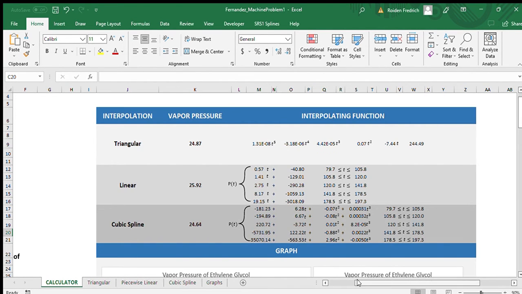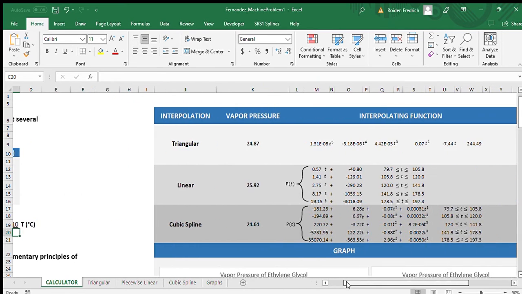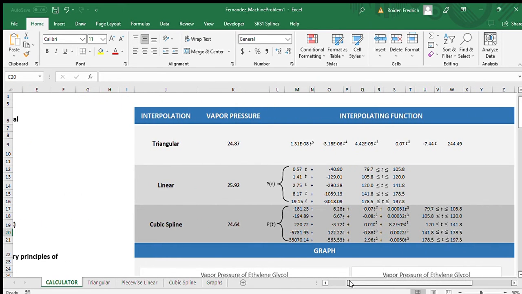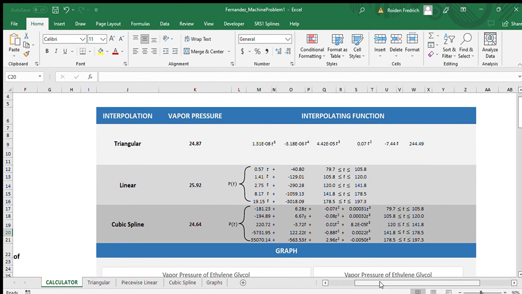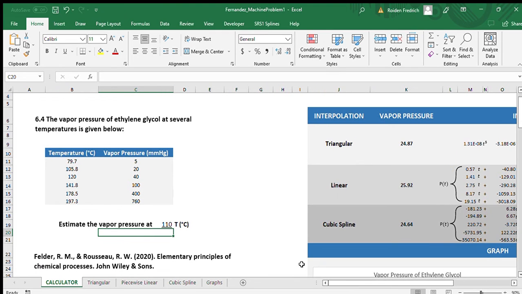Going back to the problem, we have the following results of the vapor pressure using the 3 interpolation methods. But we can also estimate the different values at a given temperature. So for example, we'll change the temperature to 120 degrees Celsius. So our vapor pressure is equivalent to 40 mmHg, which is the same as the given data. And again, if we change the intervals at 800 mmHg,